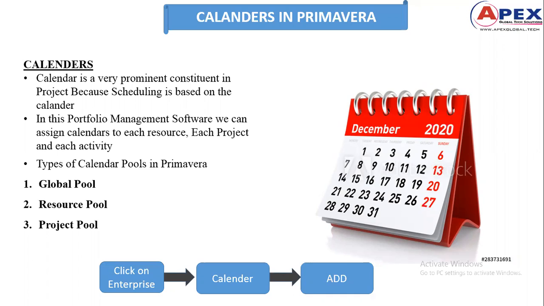If we are doing a project in New York, then we have to consider the entire December month as a holiday, is it or not? For those cases, calendars are very important. As we are sitting in India, if we get a project from the US or from Saudi Arabia, in Saudi Arabia the Ramzan season is very strict. We have to give an entire holiday for the Ramzan month, is it or not?